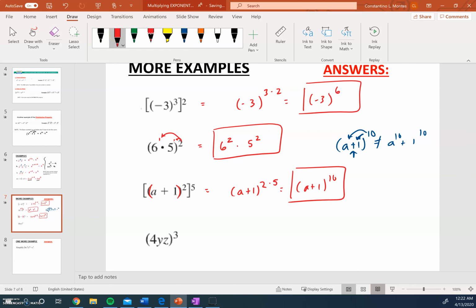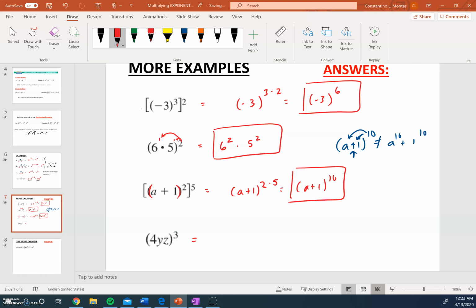You're done. There's actually some stuff that we're going to do in the future where we're going to show you how to multiply stuff like this out. And we just probably not to the power of 10. This gets really messy, but in this case, just use that property. Think of that thing in parentheses as just that quantity, and then just leave it. All right, so next one, we have